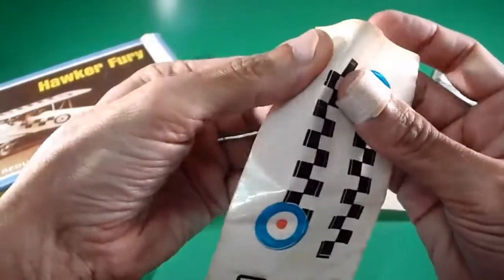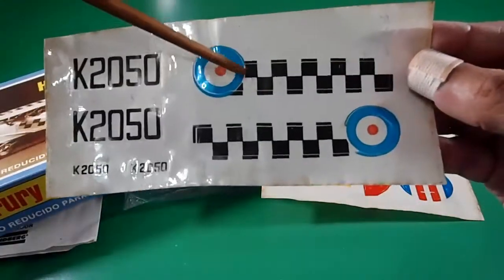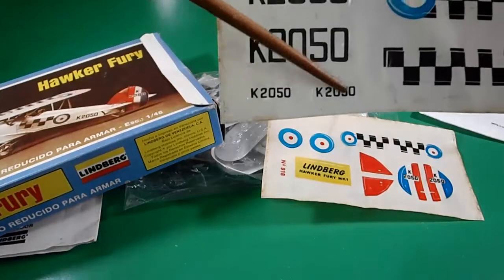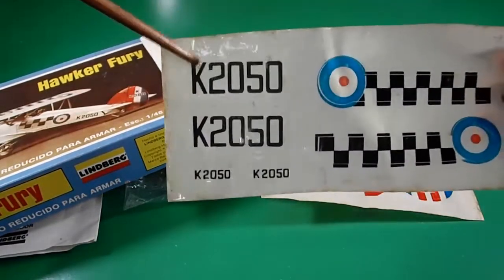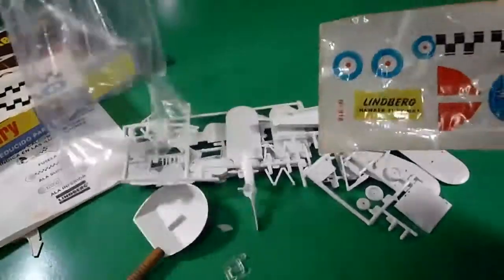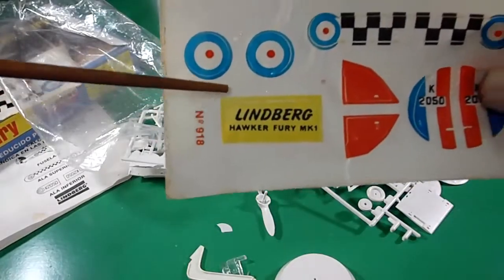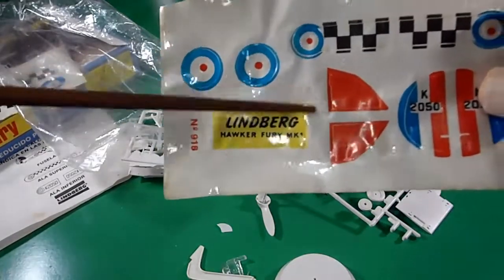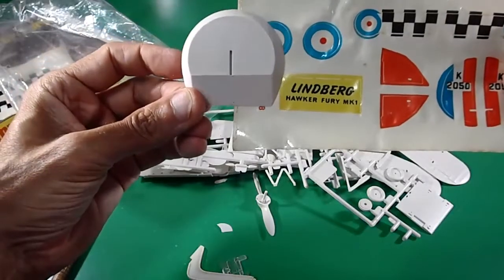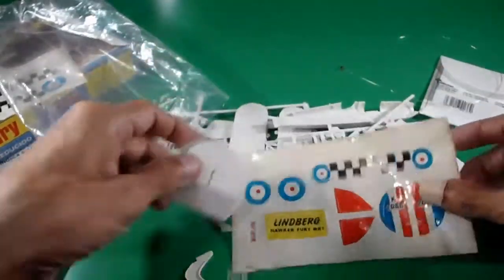Maybe the black will look kind of dark gray, so maybe you have to paint this kind of markings, except for the letters, for the registration Kilo 2050. That's the most popular registration for that biplane. I really like this name, the sign of the display stand base. This is the sign of this display stand, and this information should be placed just right here in the white background, because it is also